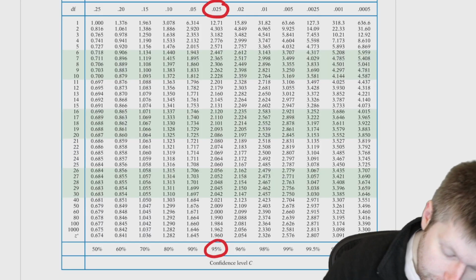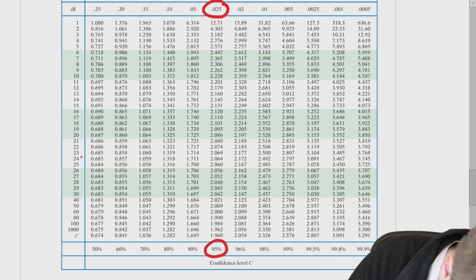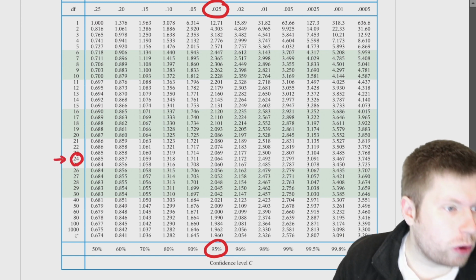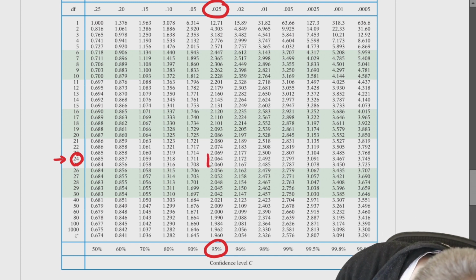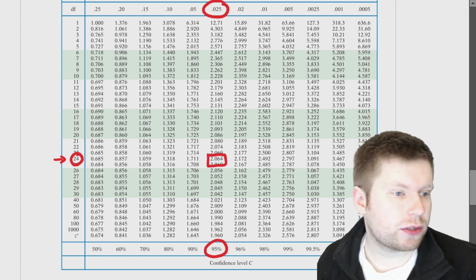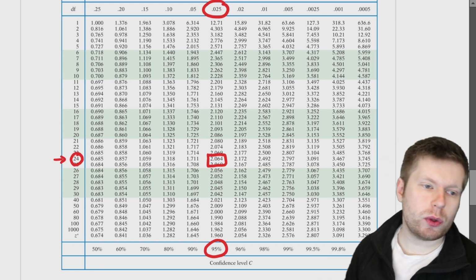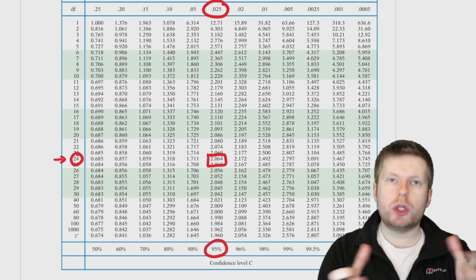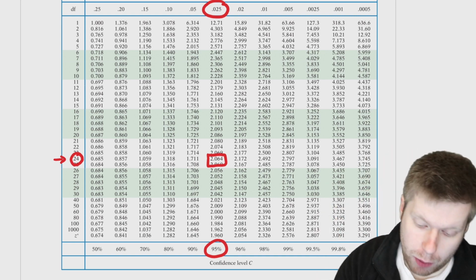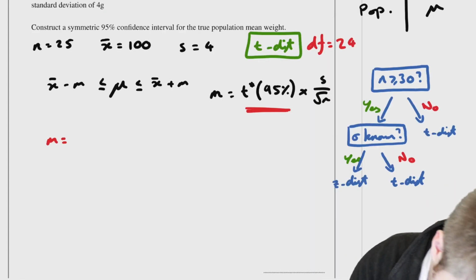So if I look for 24 degrees of freedom, or as close as possible to it, I know I'm going to be looking in that row. So I've got the column, I've got the row, let's just find the intersection point. That's going to be 2.064. So 2.064 units of standard deviation above and below the mean will include 95% of the data, which I'm after. So 2.064